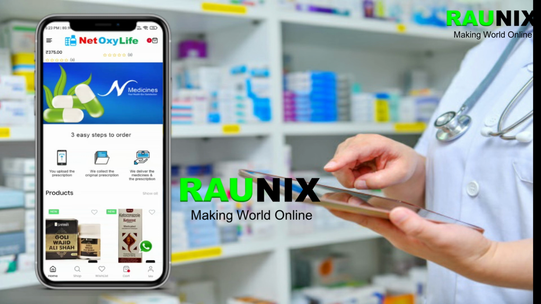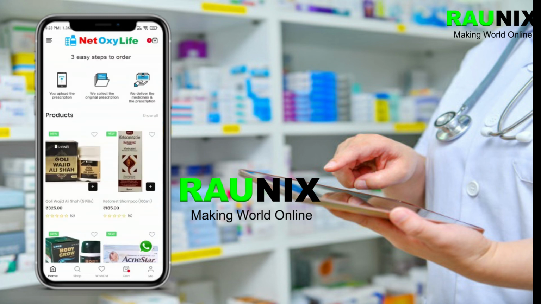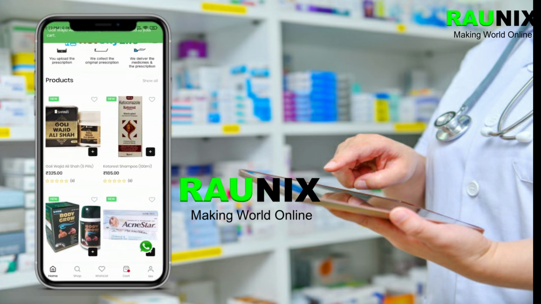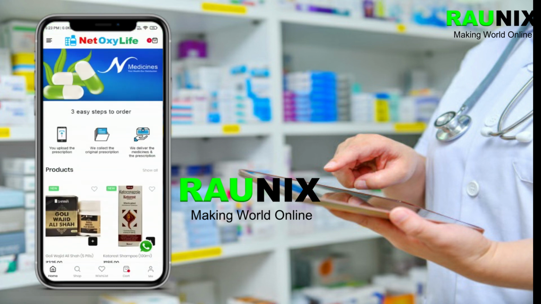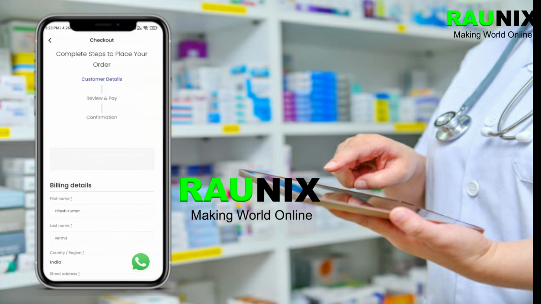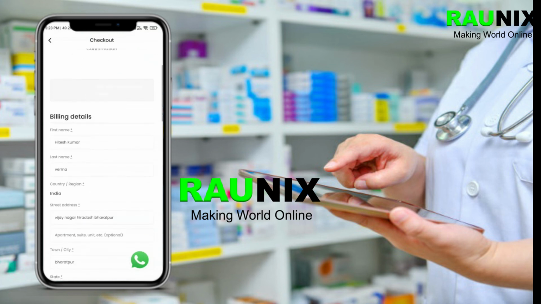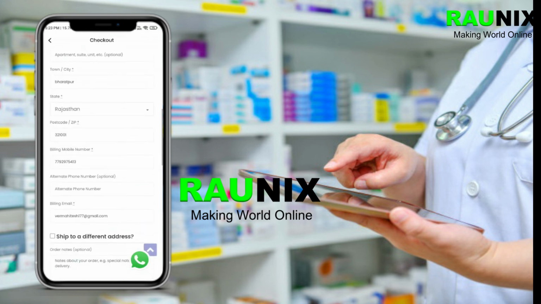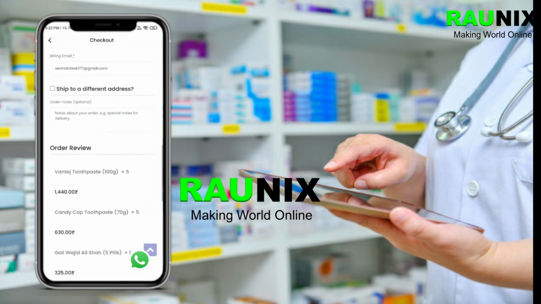So now let's understand how to make an order in the application. Click on add to cart. You can also increase or decrease the quantity. Proceed to checkout and now enter your personal details like your name, number and other details, and choose your payment gateway.